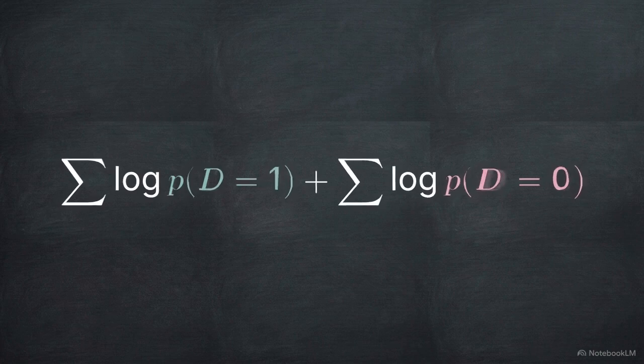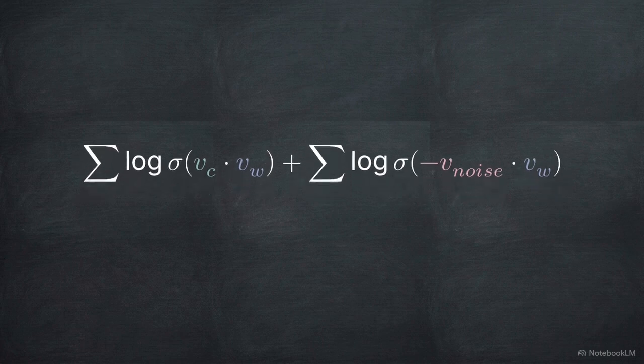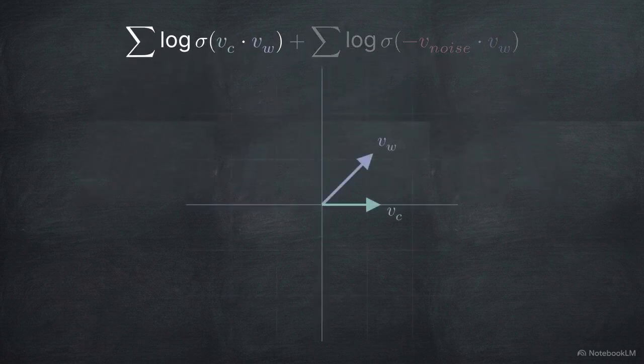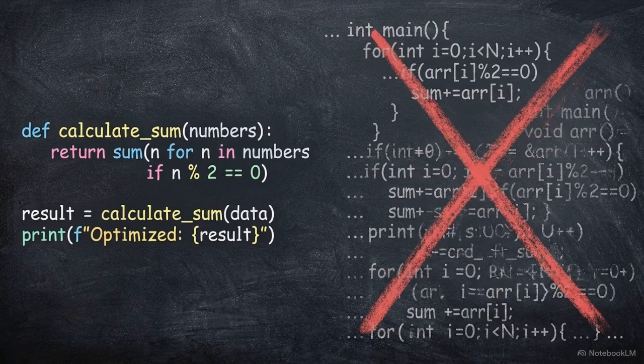Finally, substituting the probability variable with the sigmoid function bounds the vectors between 0 and 1, yielding the final negative sampling objective function. The left half of this equation optimizes for the real text. It drives up the dot product of the true word and its context, moving their vectors closer together. The right half optimizes for the synthetic data. It drives down the dot product of the word and the randomly drawn noise samples, pushing their vectors apart. By drawing a few negative samples, the model optimizes the vectors without ever calculating the massive softmax denominator.